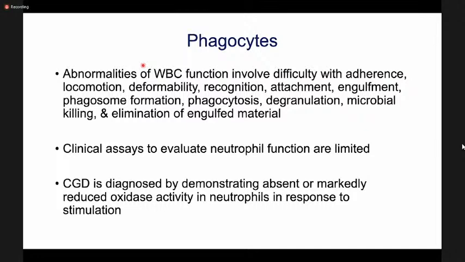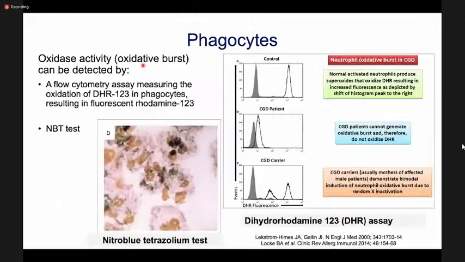So here you'd be looking at neutrophil function in terms of majorly the oxidative burst. Okay, and there are 2 ways of looking at this. There's one assay that is based on flow cytometry. This is the newer assay,